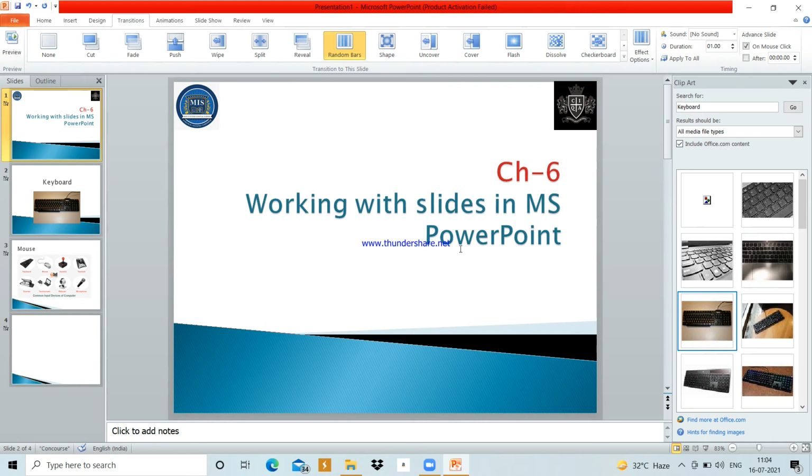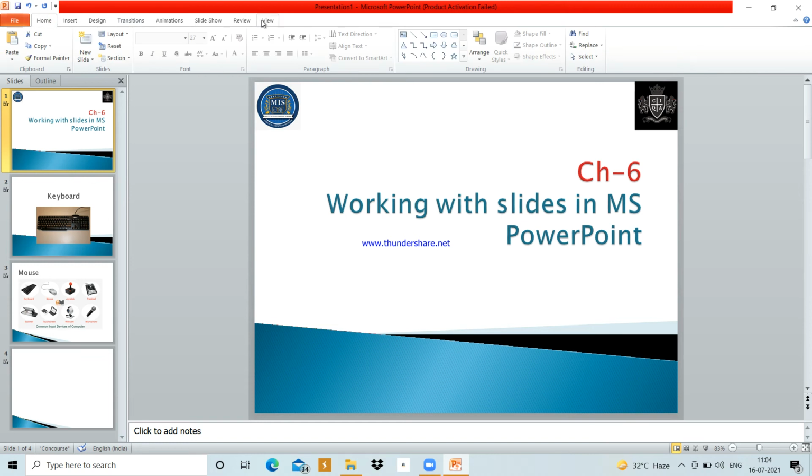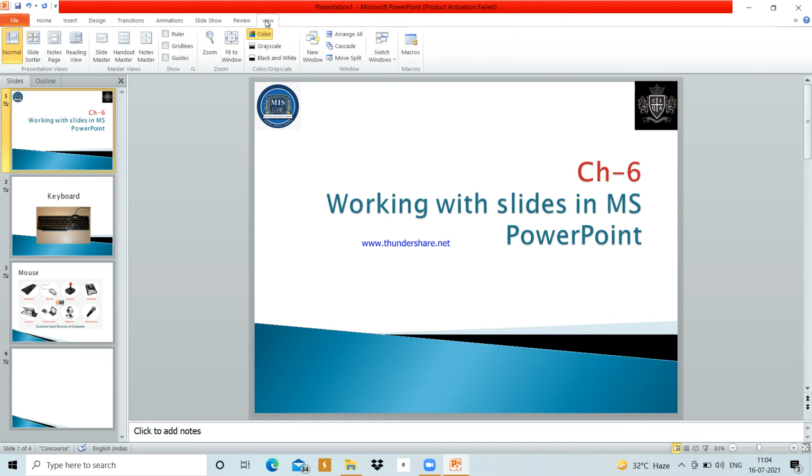After that, how you can view slides in different views. You can view your slide in different views, right? There are different formats. How can you see that? Firstly, go to the View tab. First one is Normal view. Normal view is the default view, as you have seen, and in the left pane there are two tabs. You can see one is Slides, one is Outline.